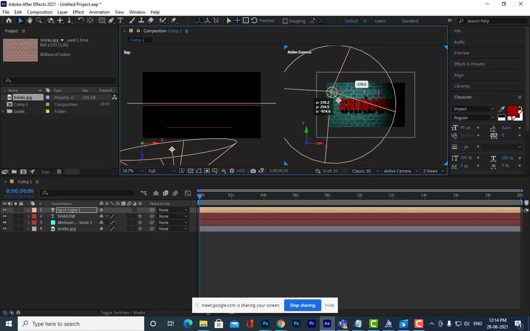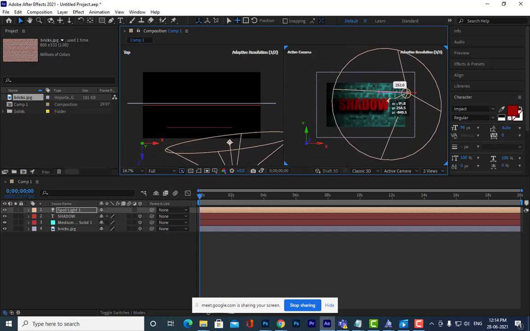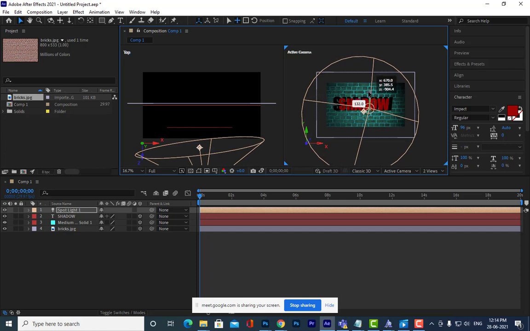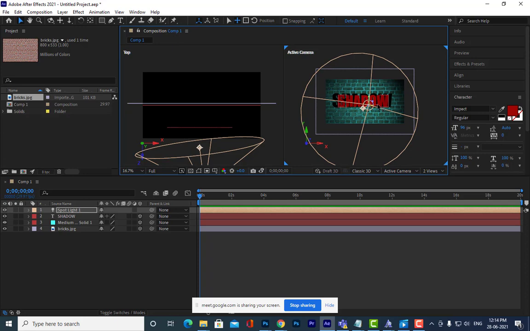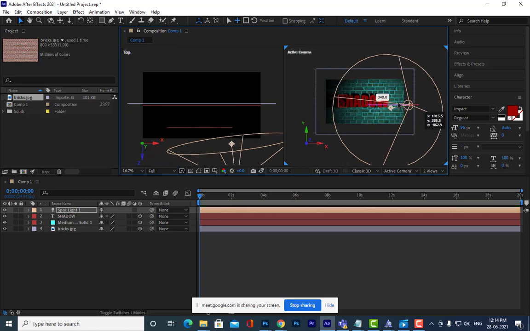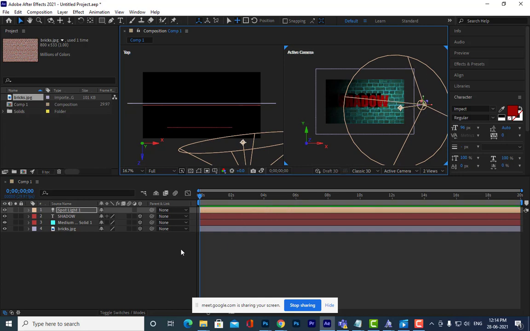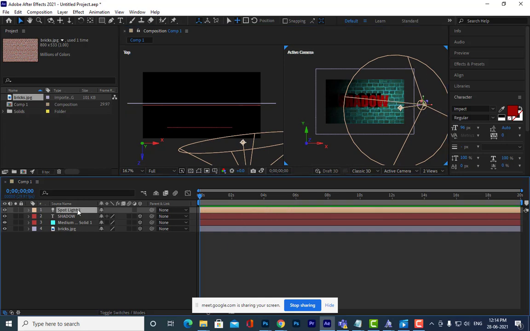And we can also animate the shadow. How will shadows animate? Shadows will animate if you animate the light. If you animate the light now, the shadow will move. I will just keep it here. So how to animate the light?